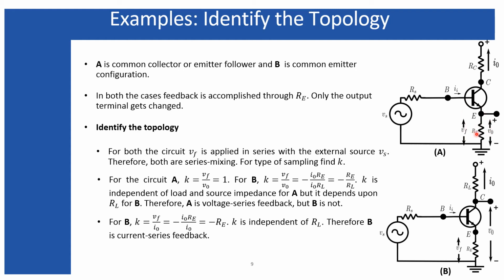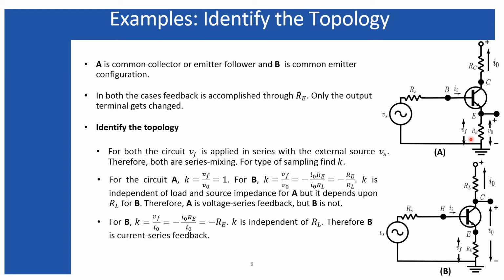We know from our previous analysis that, due to the absence of any bypass capacitor across this emitter resistance, both the AC and DC current find this path, that is, through the emitter resistance, for both of these circuits. Therefore, the AC voltage gain will be reduced with respect to the fixed bias circuit where this emitter resistance was absent. We know about these things. So why does this voltage gain get reduced?